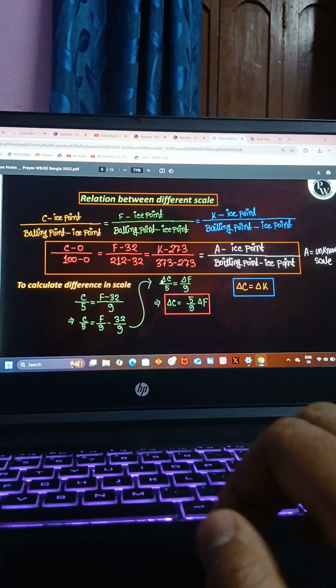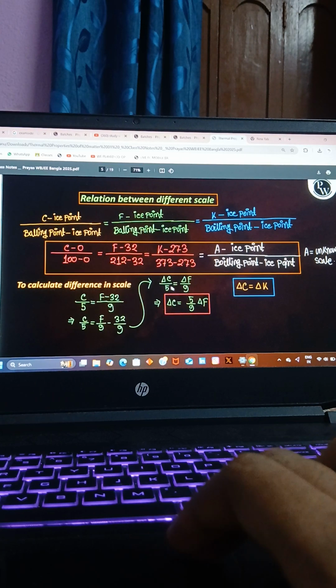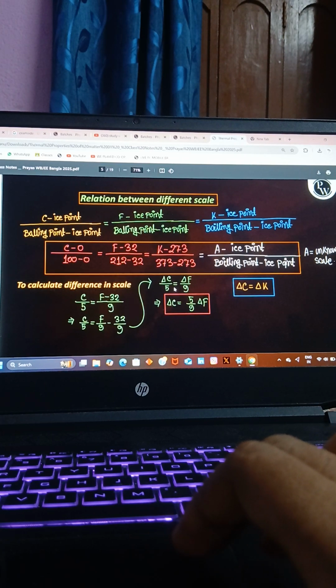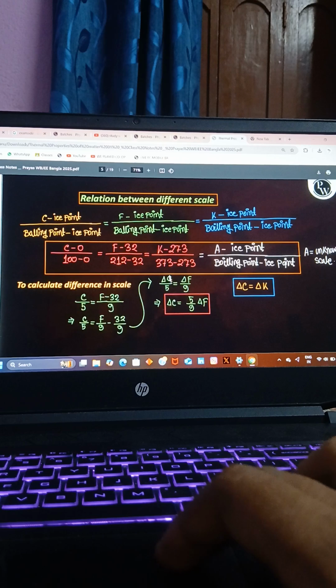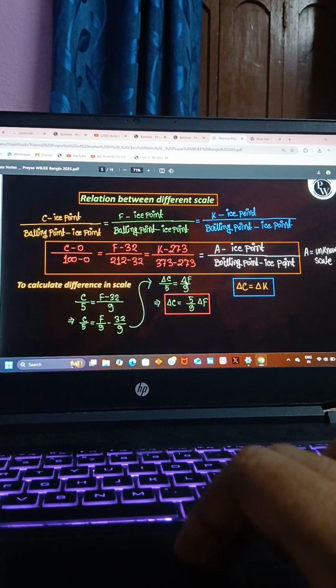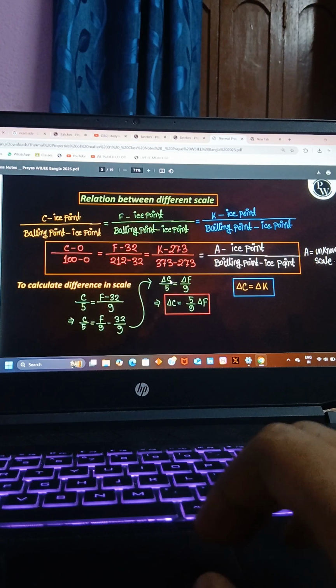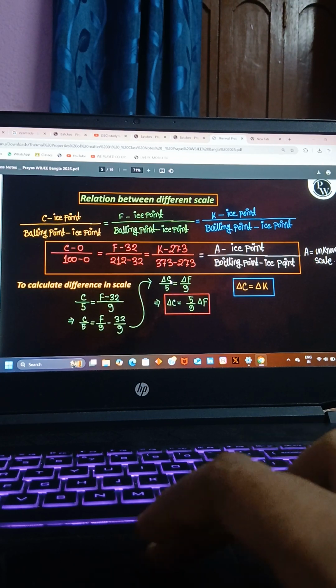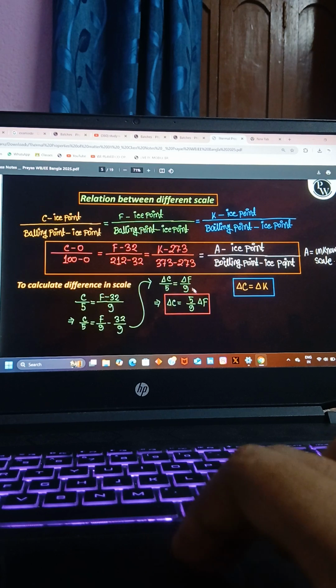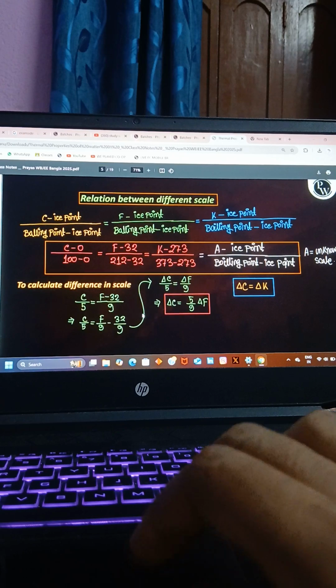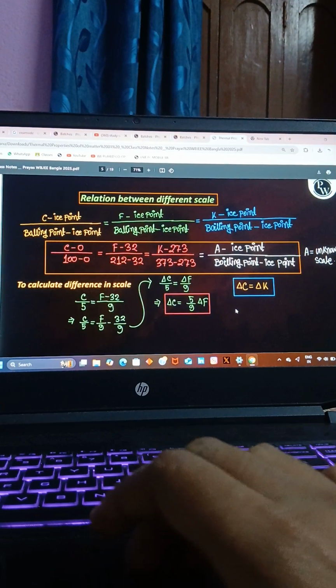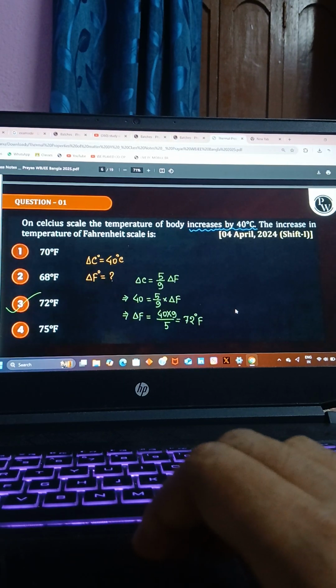If the examiner gives a question that if we change 40 degrees centigrade in the Celsius scale, then what will be the change in the Fahrenheit scale? Then we can use this formula to derive the answer to the question. So, let's move to the